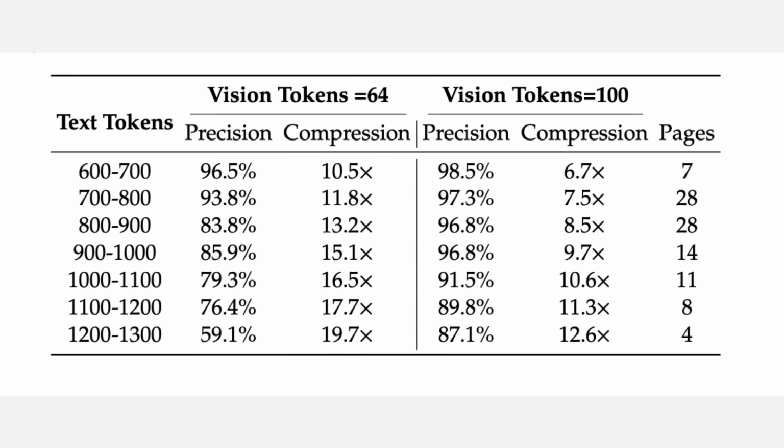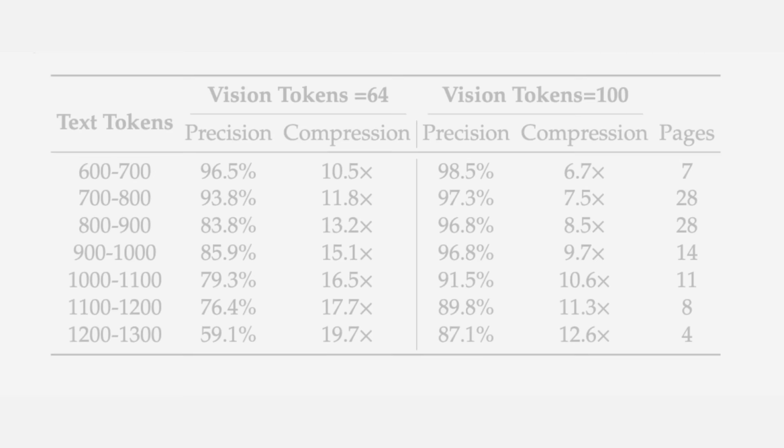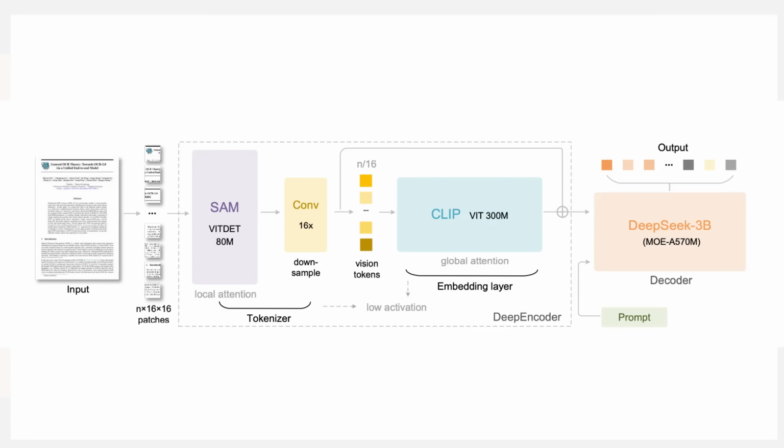And that basically gets us so that we can have a lot fewer tokens with this kind of thing. So how do they actually do this? Well, their secret sauce in here is in this deep encoder. Most vision encoders would either use too many vision tokens to make this possible, or they require lots of memory, or they can't handle high resolution, stuff like that. So their deep encoder has a two-stage solution.